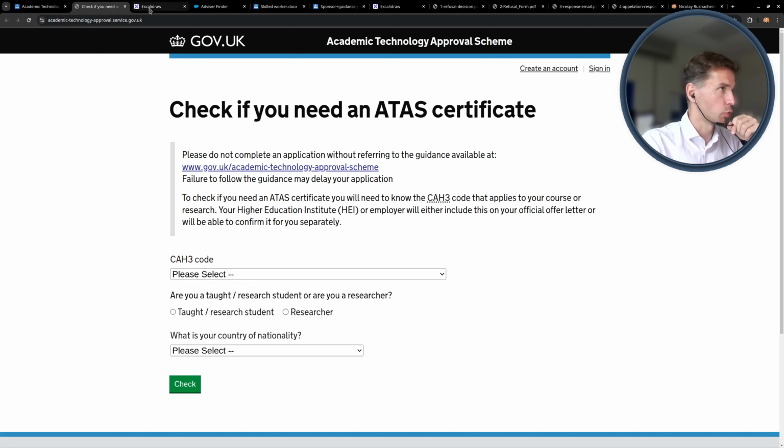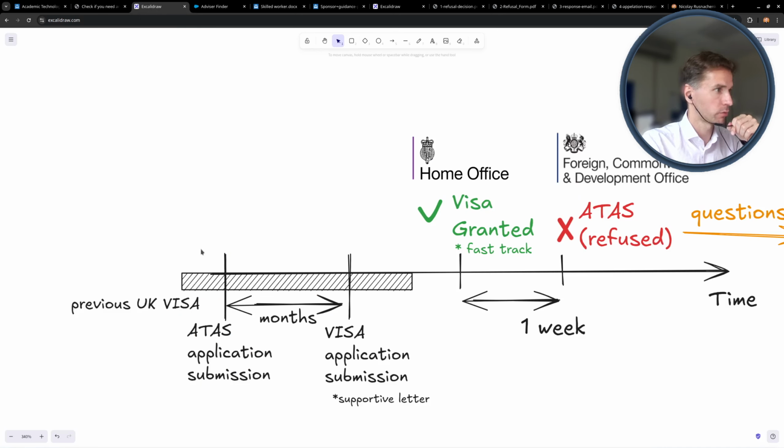As mentioned earlier, every story with the ATAS and obtaining this certificate is quite unique. I'm going to start by showcasing my own, and in particular why it led to the refusal status and further questions. This diagram illustrates the set of actions I took and how I became involved in it. I did this in the UK, and it shows the previous visa route through which I did the following actions from left to right.